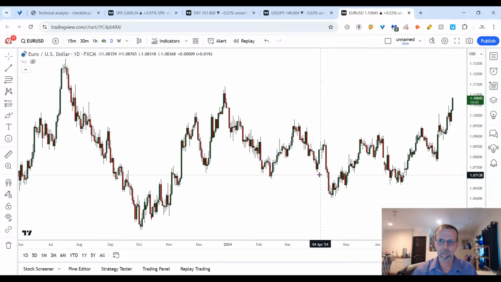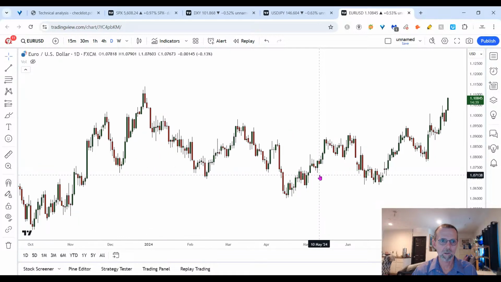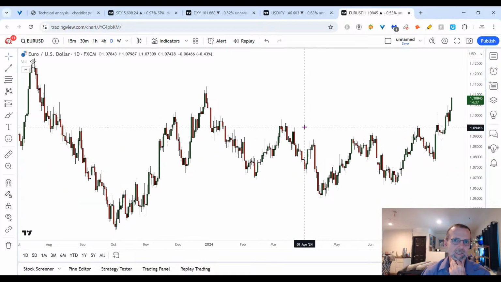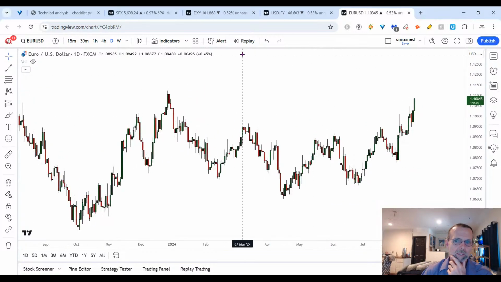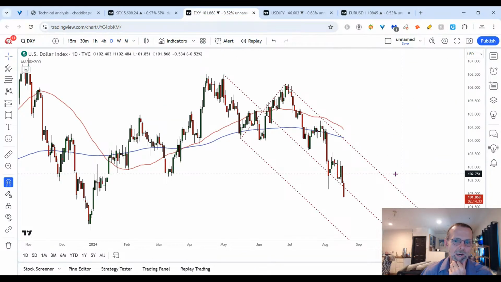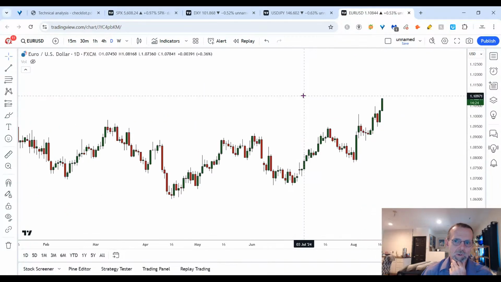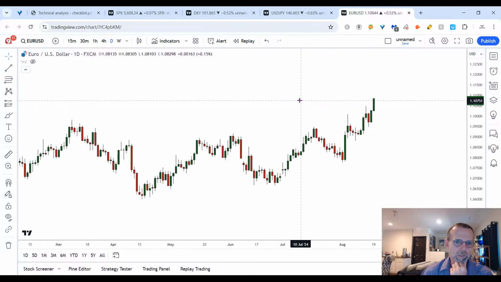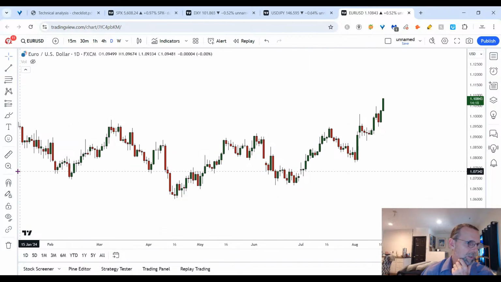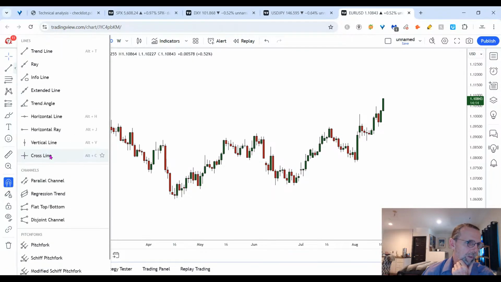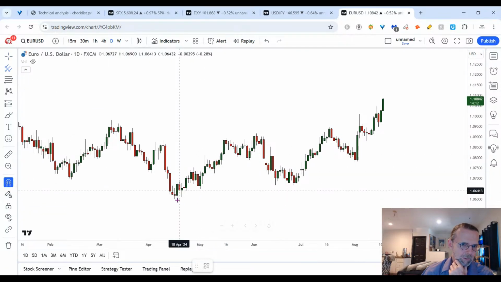Okay, so strength in the euro, and that could explain why we're seeing weakness in the U.S. dollar because of the strength in the euro. That's one possibility. First thing I see here, and again, we're still in the daily time frame, I see a potential